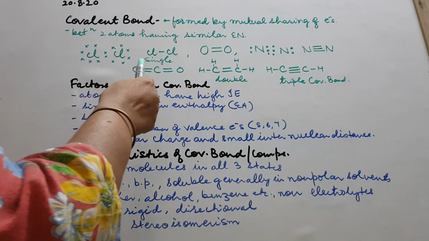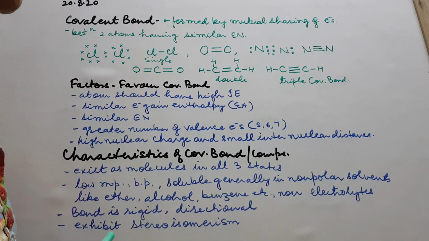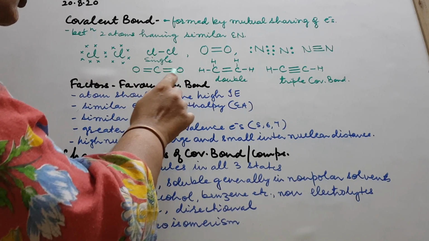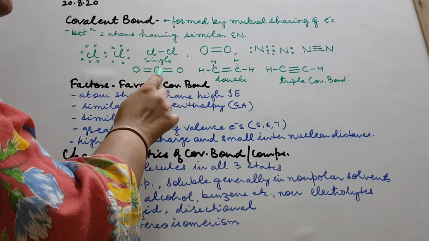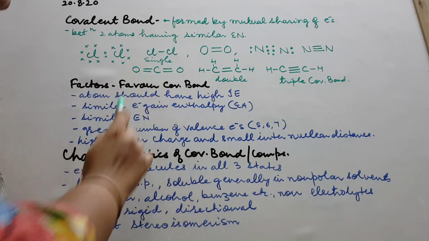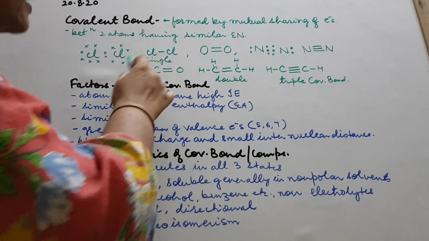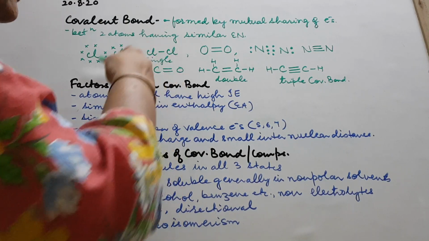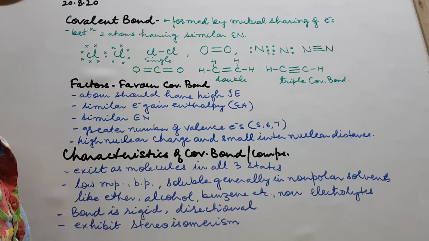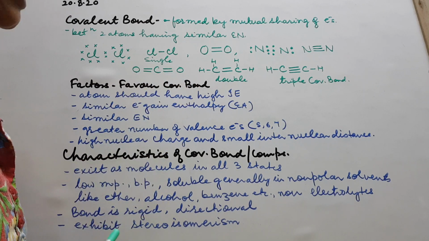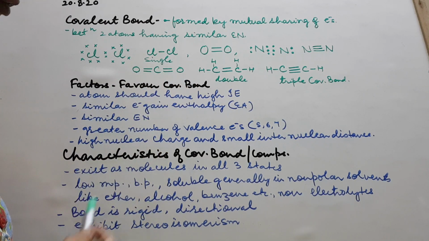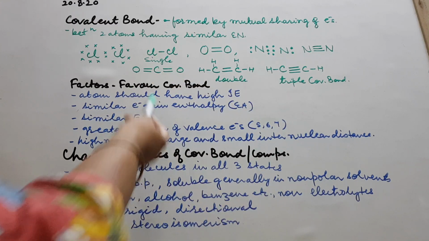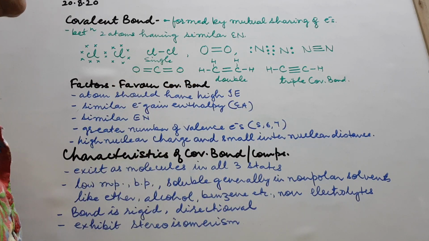Then carbon dioxide, carbon needs 4 electrons and each oxygen needs 2 electrons. So this O shares 2 with carbon, this O shares 2 with carbon, and this carbon gets sharing of 2 electrons from both the sides. Overall, octet gets complete for all the atoms, and that's how you have CO2. Very simple. If you'll again see in the evening at home, this you can easily understand.